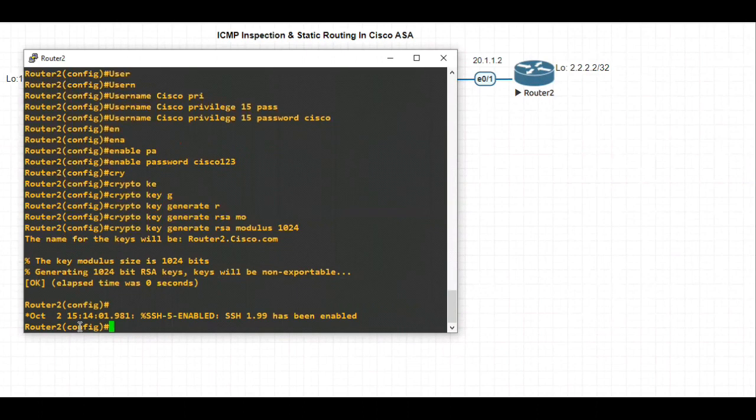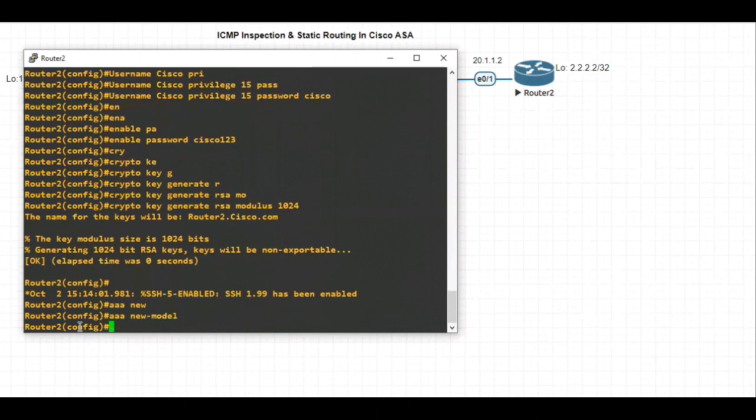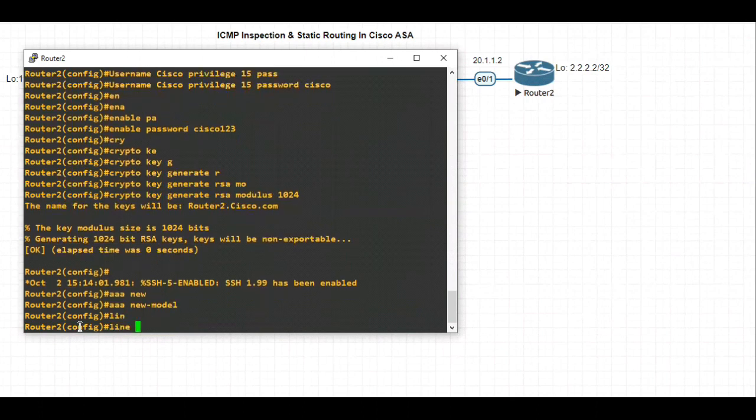Now, let's go ahead and configure line VTY. You can also give the command AAA new-model. And since this has 4 interfaces, we'll say line VTY 0 to 4.